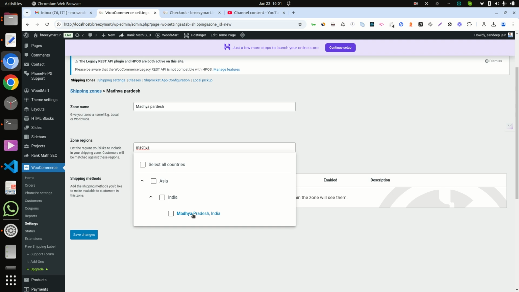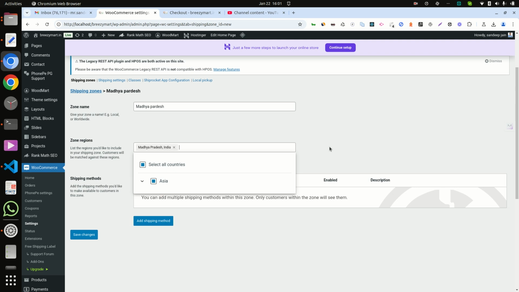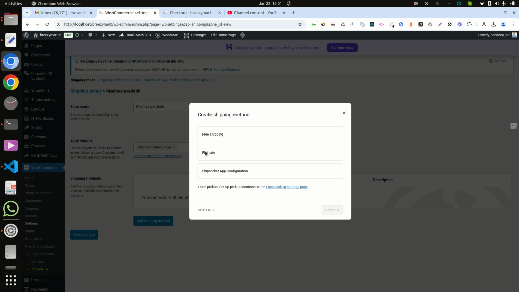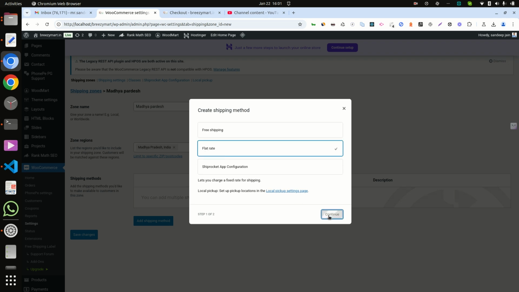Madhya Pradesh is selected, and here click on flat rate, continue,